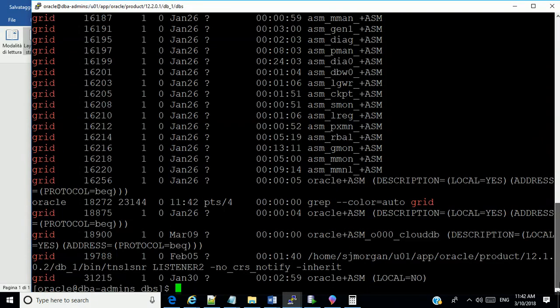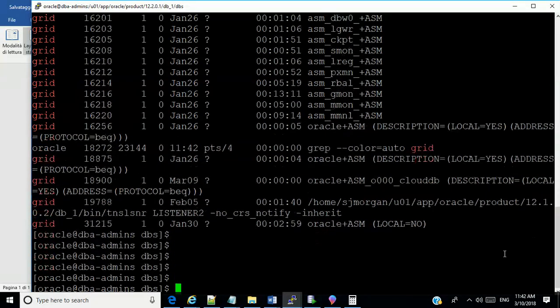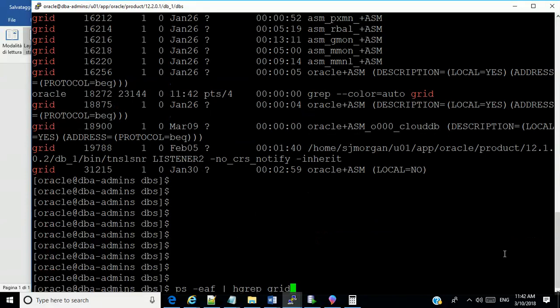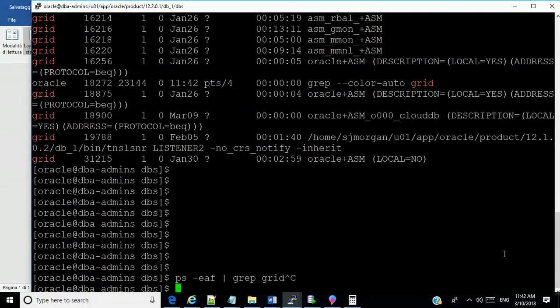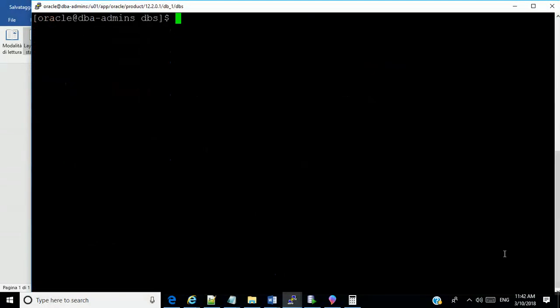In the later part of the lesson, I'm going to teach you how to do that. If you notice, we're dealing with the server called DBA server 1. I'm going to use the server control utility. Let me see the status of the database now.